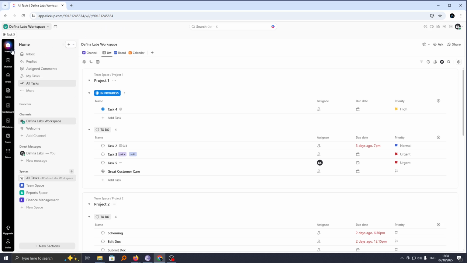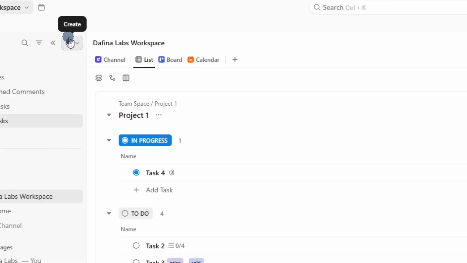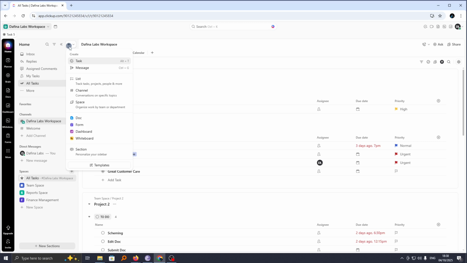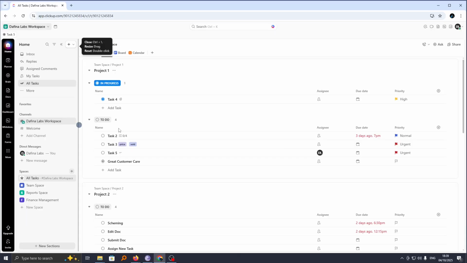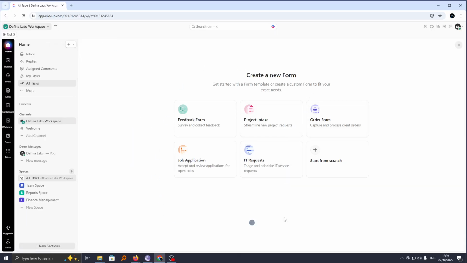Alright, so the first thing you need to do is to log into your ClickUp account, then head over to this plus icon called create. If you click on it, now you can see we can create quite a number of things, and among them is docs, forms, dashboard, and whiteboard. In my case, I want forms, so I'll click on forms, and this will take me to this new page